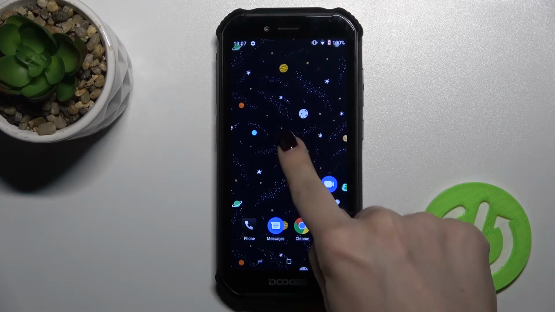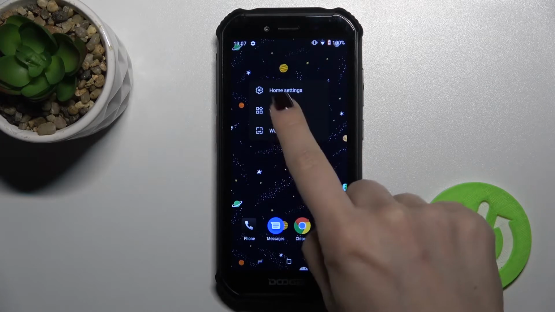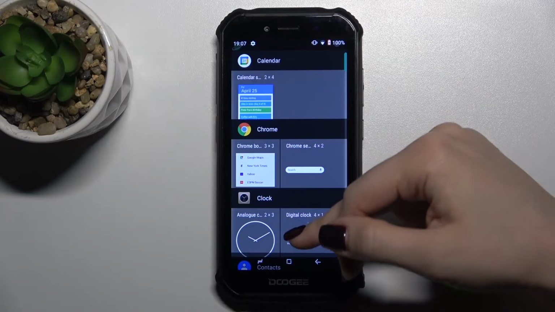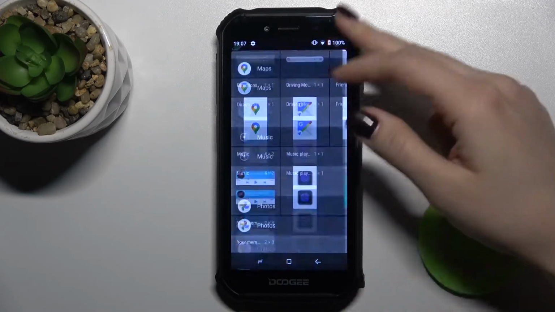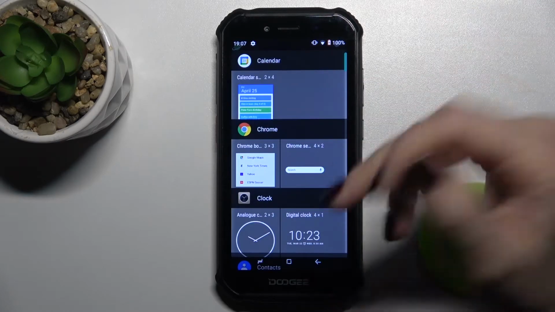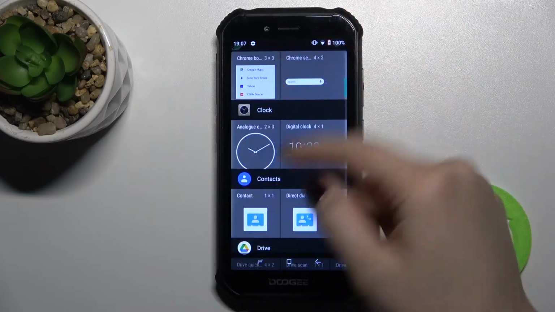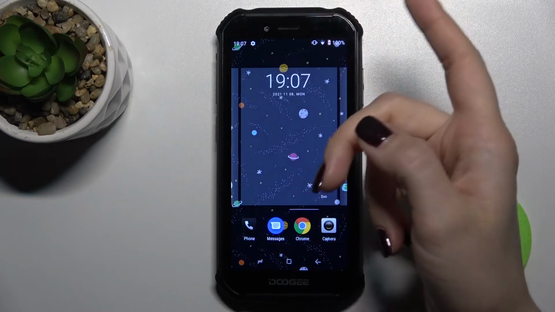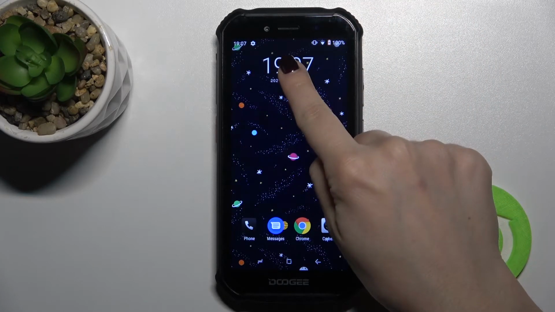Just press for a second on your home screen, and here you will see the widgets tab, and you can see the applications from which you can select your widget. For example, I'll go in with the digital clock, press for a second and move it here. If you want, you can move this widget